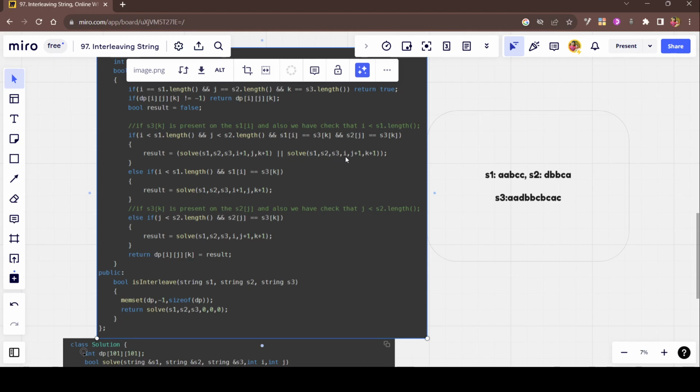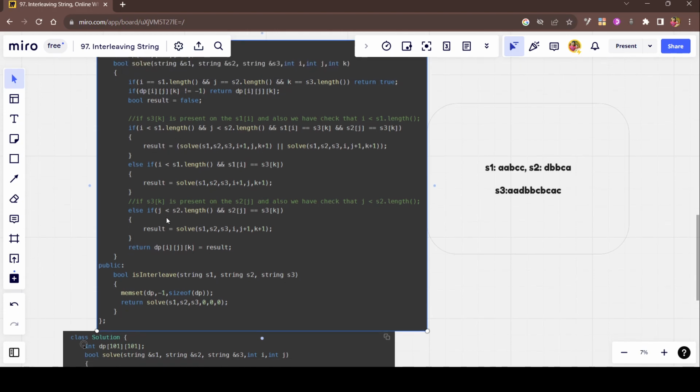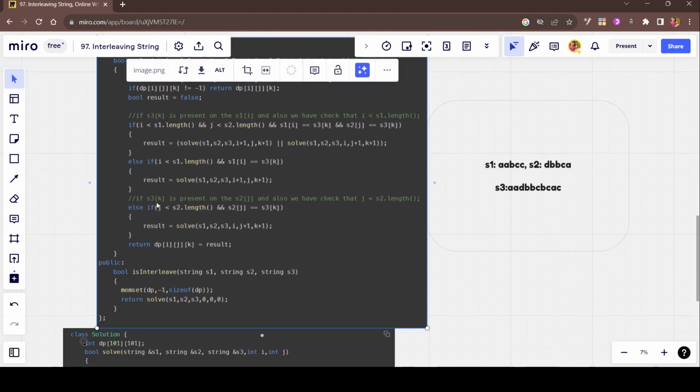And the second case is we can take the jth position's character from S2. Then we have to explore the j plus 1th position, and we have to explore the k plus 1th position. Okay, this is the simple funda. And the third case is the same, that if S3 of k is present in S2 of j, and also